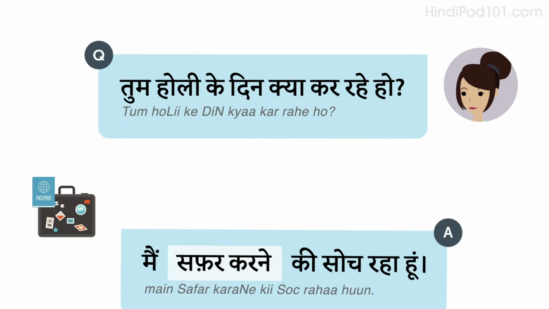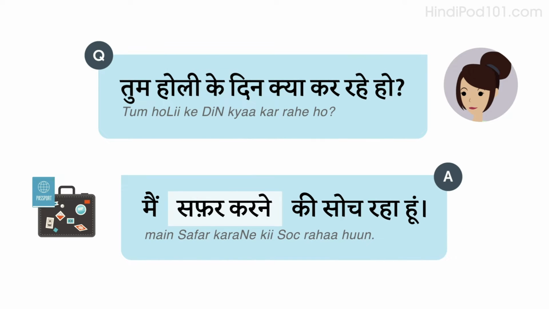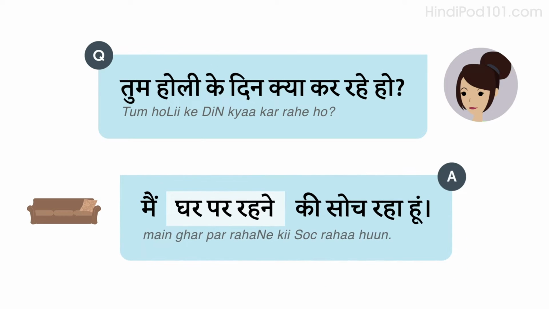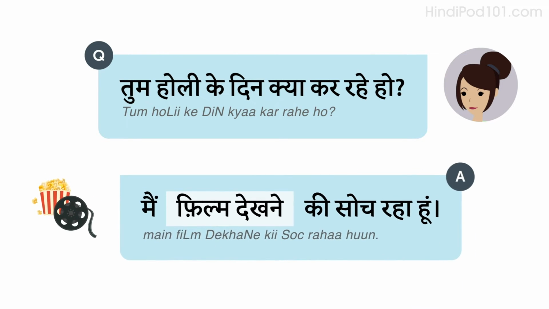Let's look at some examples. Listen and repeat or speak along with the native speakers. तुम होली के दिन क्या कर रहे हो? मैं सफर करने की सोच रहा हूं। तुम होली के दिन क्या कर रहे हो? मैं घर पर रहने की सोच रहा हूं। तुम होली के दिन क्या कर रहे हो? मैं फिल्म देखने की सोच रहा हूं।